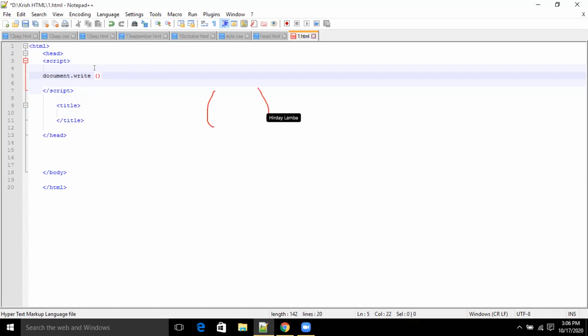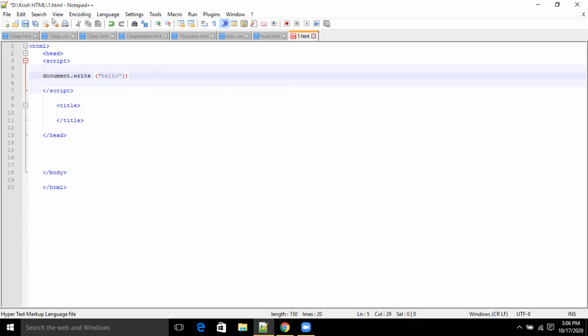And within this round bracket, type hello in double quotes, and then close it. And put a semicolon.